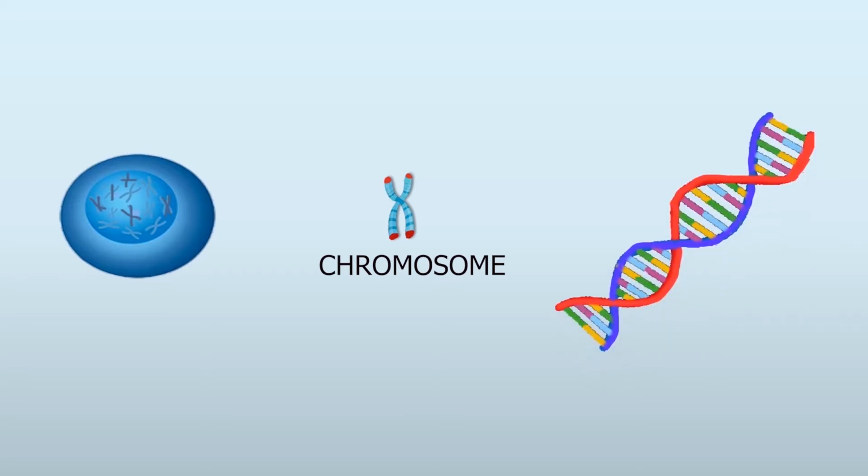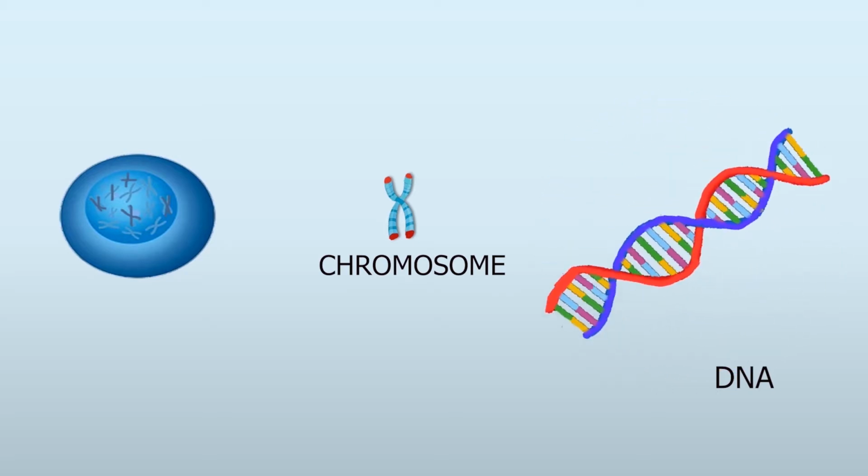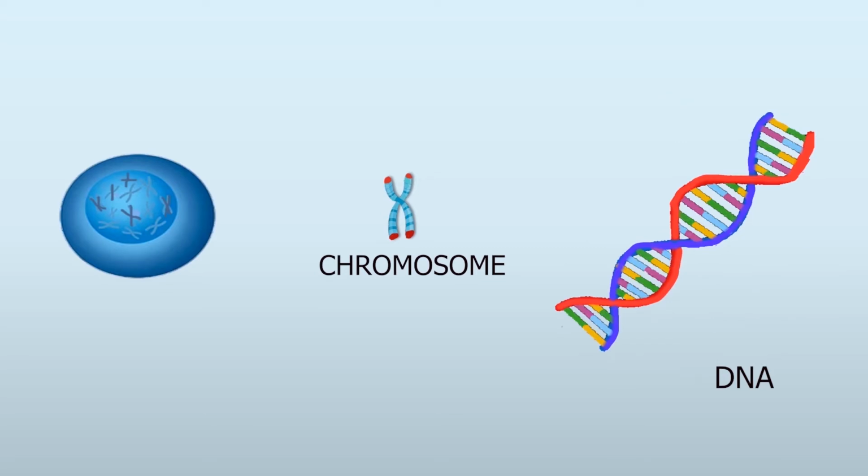Chromosomes are located inside the nucleus. DNA is found in the structure of the cell called chromosomes. DNA is a genetic material that carries the information of all living organisms. Eye color and hair color of a human are determined by the DNA. Genes are made up of DNA. The segments of DNA are called genes.